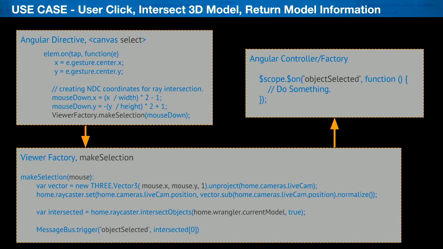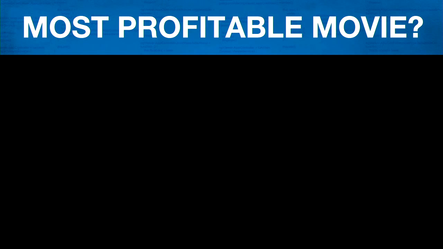The make selection function inside the Three.js factory will essentially take those coordinates, project a ray from where the actual click happens, and then see if it actually intersects with a 3D object in the scene. If there's an intersection, it returns the intersected object and with the object selected, any components that are listening to it can subsequently react to that intersection. So that's in a nutshell the first pattern for a Three.js environment integrated with Angular. But I have another pattern for you.